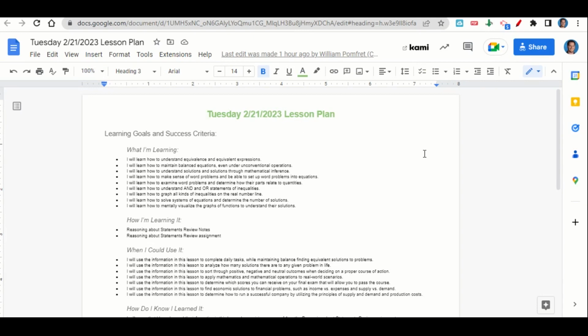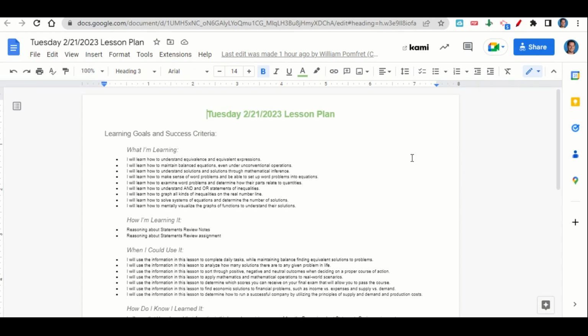Through the reasoning about statements review notes and the reasoning about statements review assignment. When can we use this information? To complete daily tasks while maintaining balance, finding equivalent solutions to problems, to analyze how many solutions there are to any given problem in life, to sort through positive, negative, and neutral outcomes when deciding on the proper course of